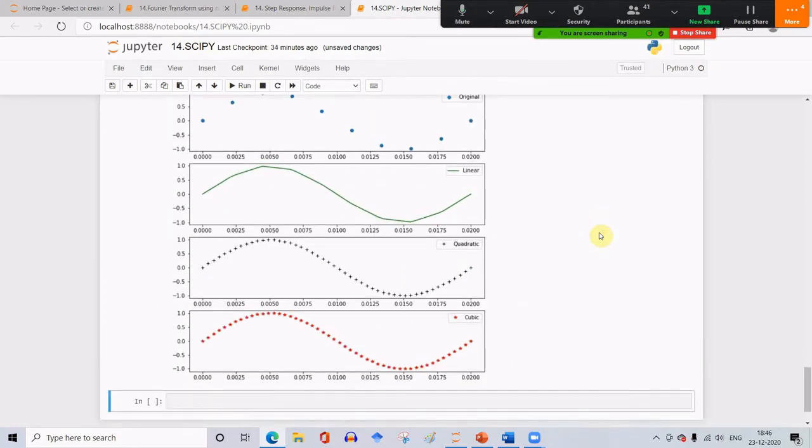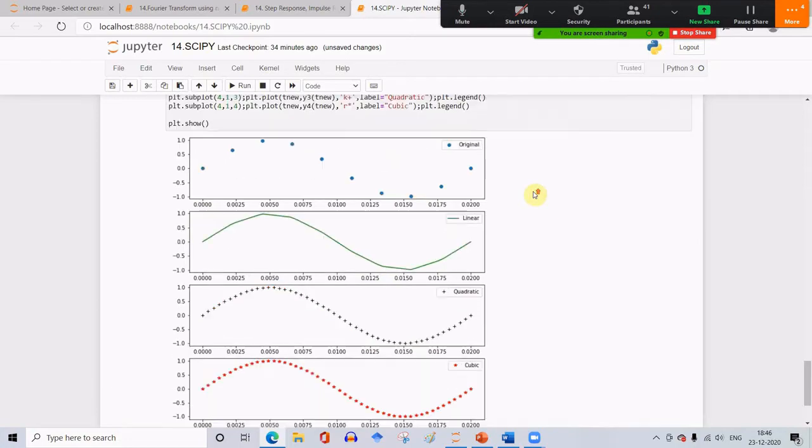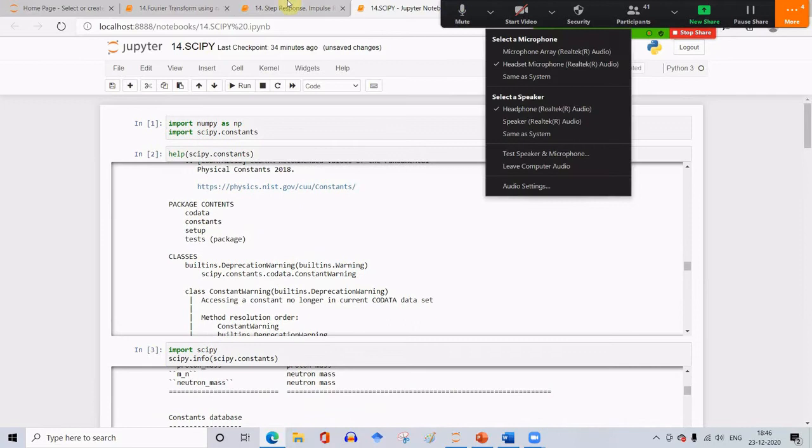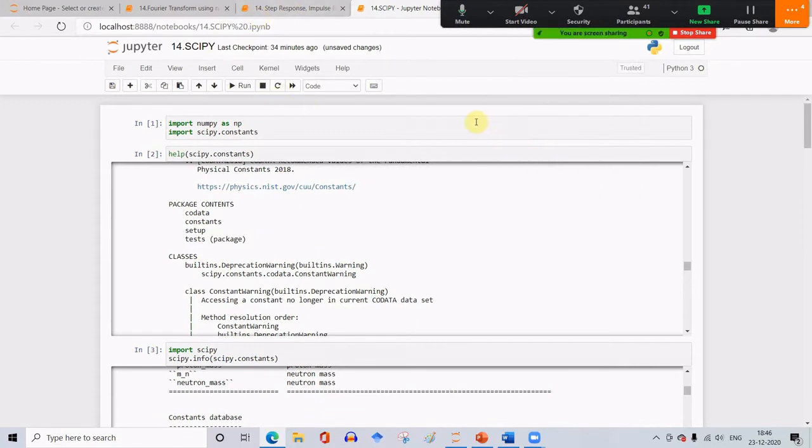So this is the linear interpolation where you find the straight line sections between the adjacent points. These two are almost the same, quadratic and cubic interpolation. That is a brief description about some of the subpackages of SciPy. At this point, these will be helpful, and as you start using it, or as you start developing your own projects, you can refer to these modules and get more functionalities and make use of it.